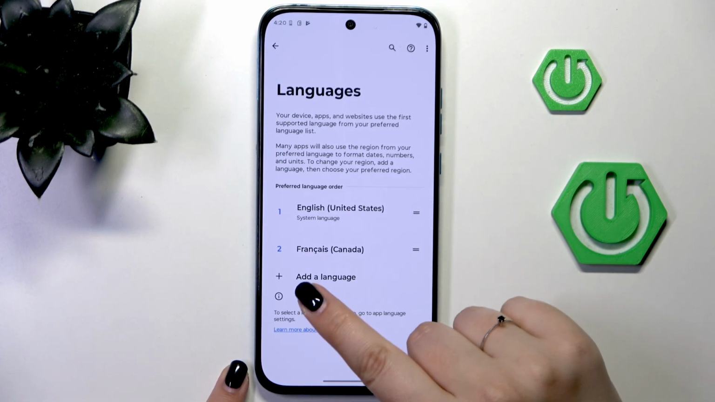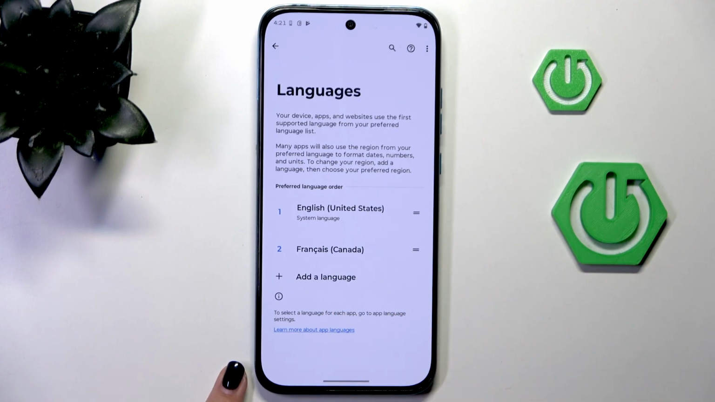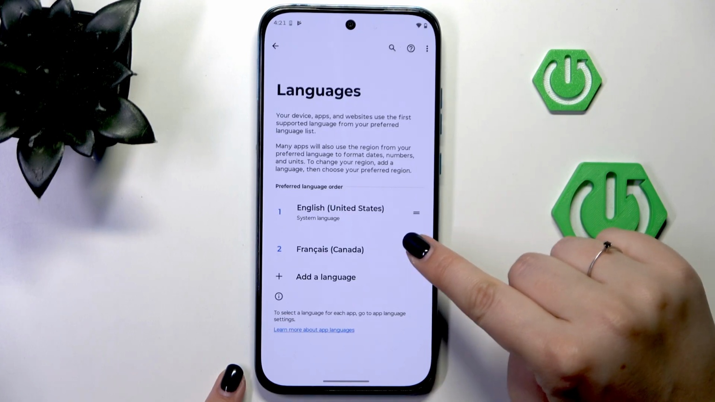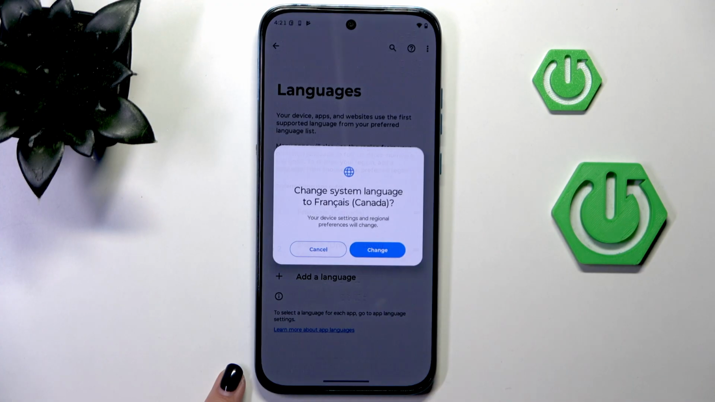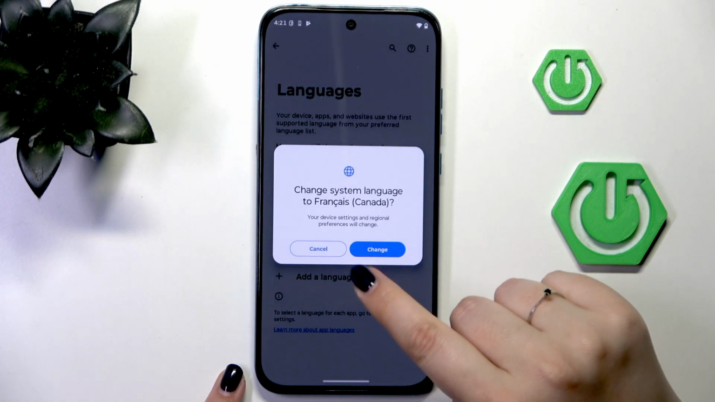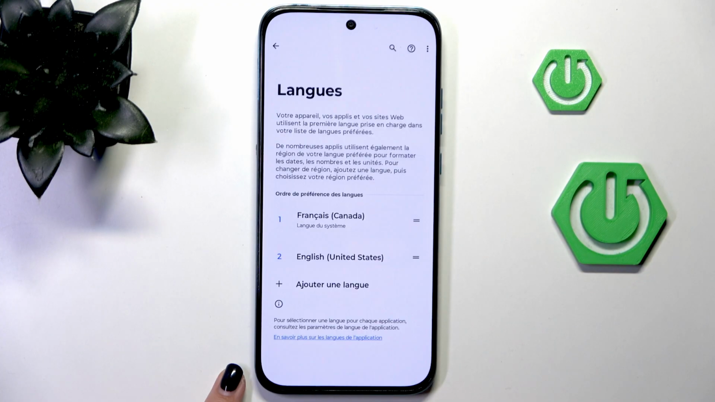And as you can see, our new language has been immediately applied to the list, but the English is still a main one. So all we need to do is to tap on the new language and hold it, and then drag it to the first position. Now let's tap on change, so on the right option, and from now on the whole system will be displayed